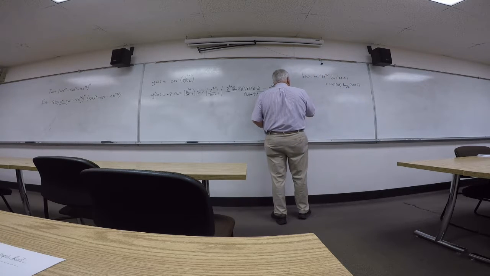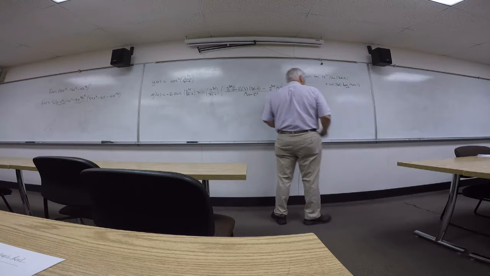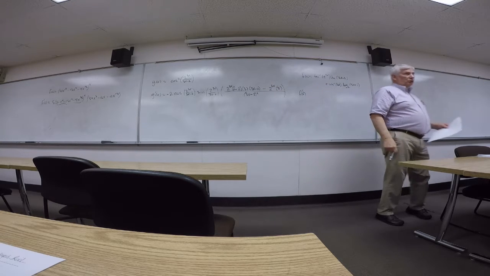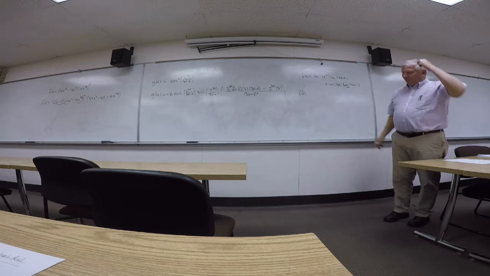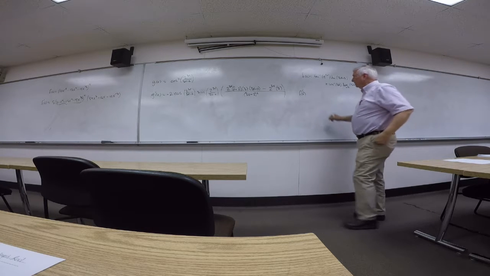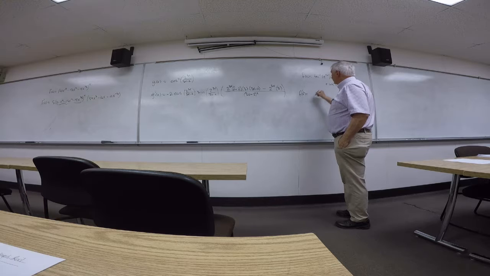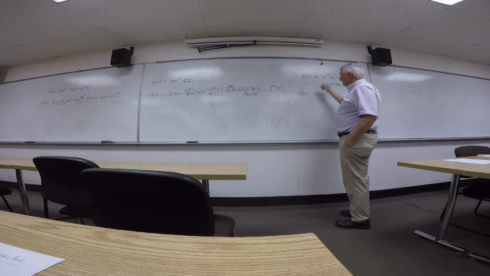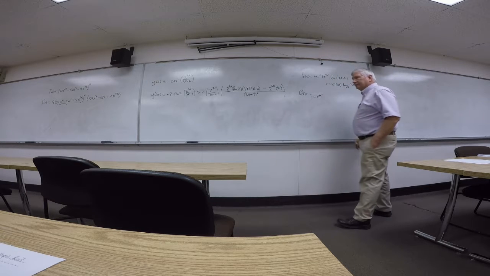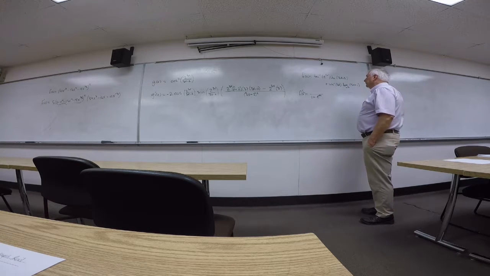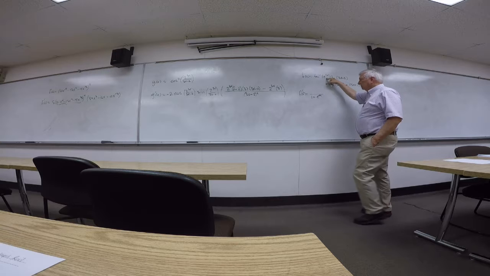So f prime, this is a sum of 2 products. So we do the first product and then add the second product. So the derivative of the first product is, inverse tangent is 1 over 1 plus x, in this case e to the 2x. So that's e to the 4x, 1 plus x squared. Chain rule,